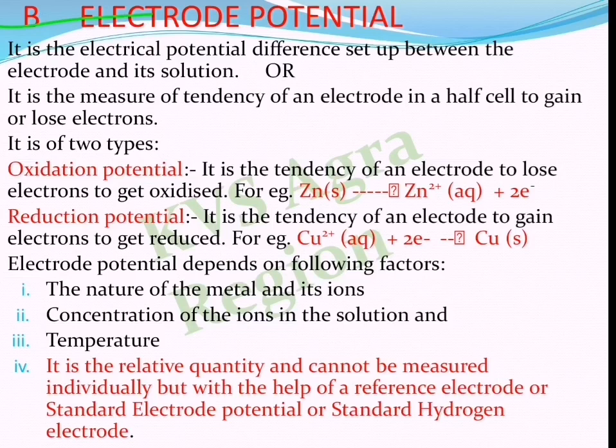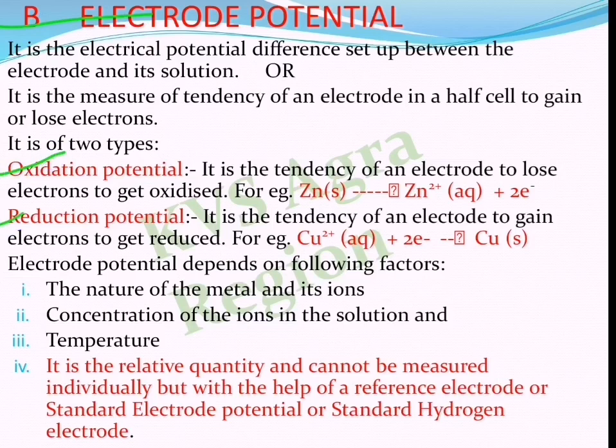But when you put a copper rod in copper sulfate solution, then the copper ions start to deposit on the rod and the copper rod thickens. This is due to its ability to gain electrons. So electrode potential depends upon its ability to gain electrons or to lose electrons. Depending upon this, the electrode potential is further divided into two topics, that is oxidation potential and reduction potential.